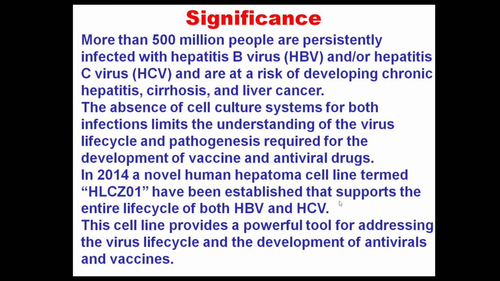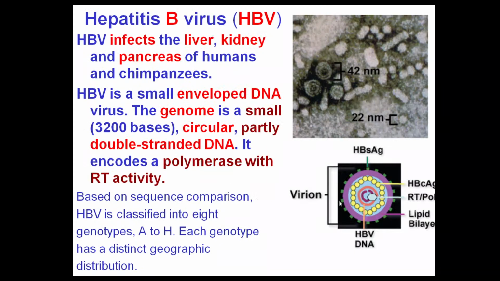This is the only research tool by now. So it means that the culture method is not really applicable regarding hepatitis B, C, and D infections. So now we start our description with hepatitis B